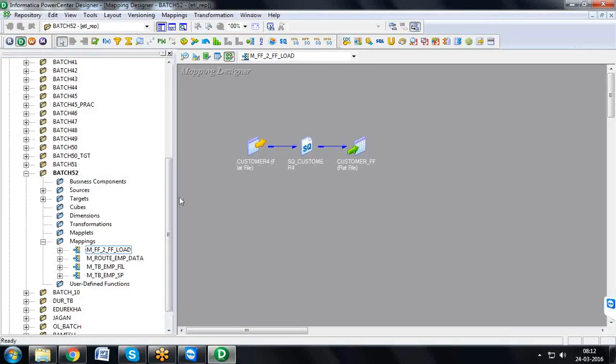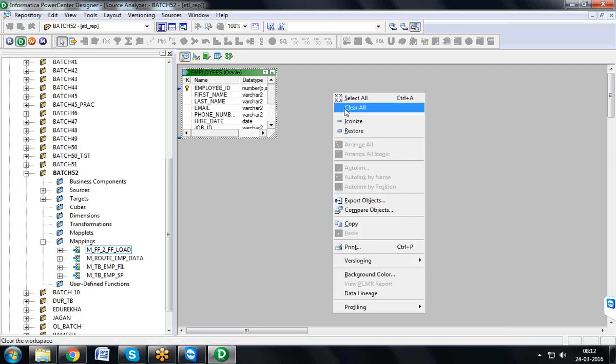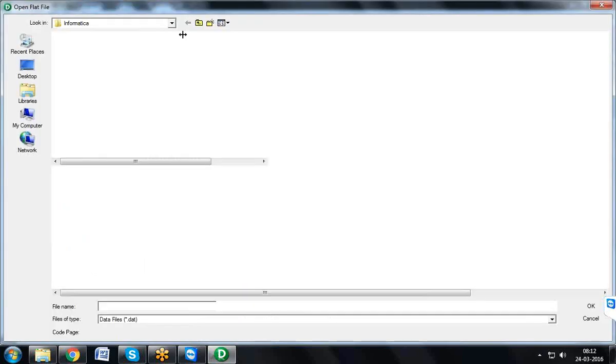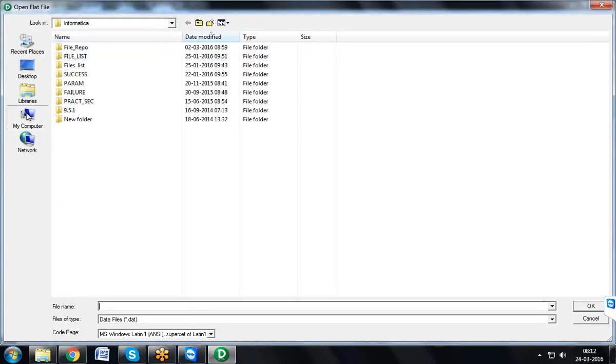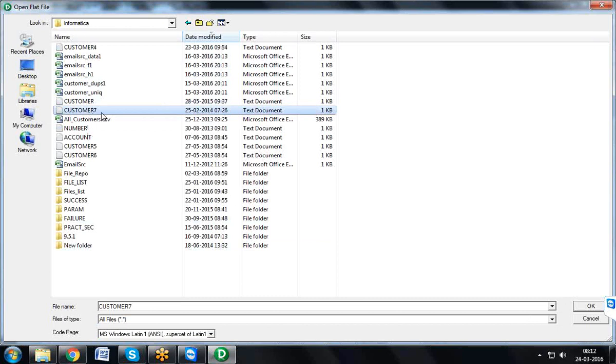So how to import a flat file, guys? Click on source analyzer. First of all, let me clear the existing source file. Right click, click on clear all. Click on sources, click on import from file. At which location your file is there, go to that particular location and click on all files. Then you can see the txt files. Okay, whatever file you want,